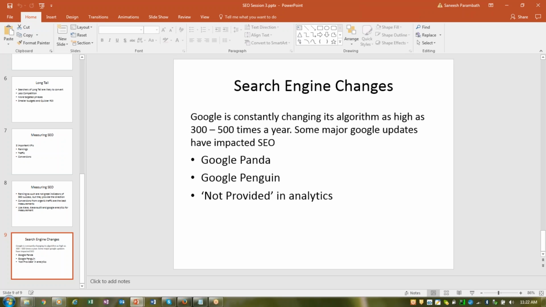So there are other updates again called the Penguin update and not provided analytics. So all these are different updates. So the point over here is that we need to be aware of such updates happening even in the future. Because if you're not aware, the advice that you've given to your customers might become obsolete, or it can even backfire. It can be wrong advice. Okay, so there is no absolute truth over here. You have to always be in sync with what Google is doing. Okay,